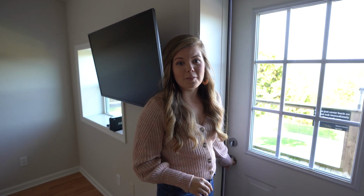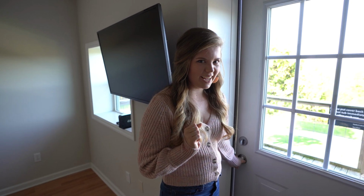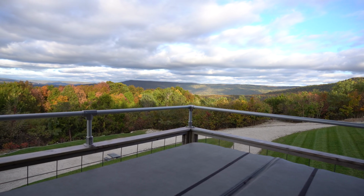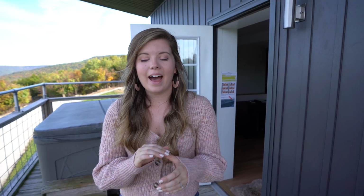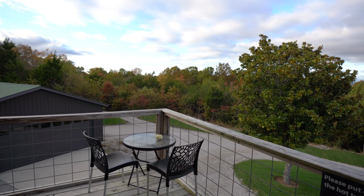And then one of our favorite parts, the top deck. This top deck has the most breathtaking view, and it is incredible out here. They also have a little seating area over here so you can eat out on this top deck, as well